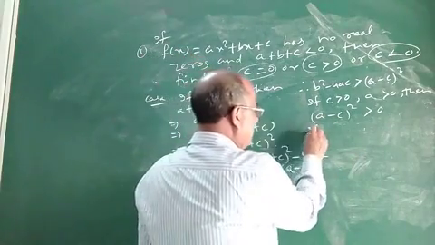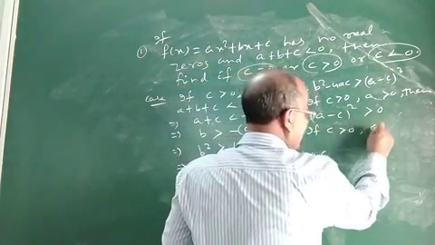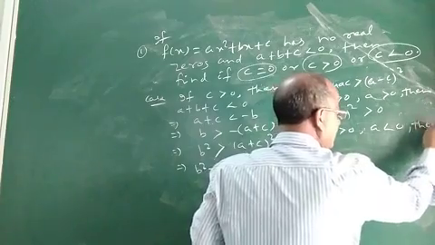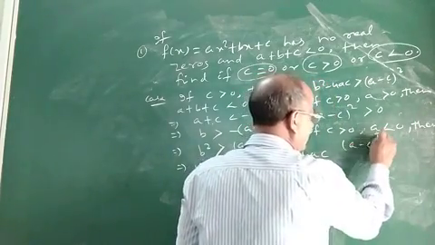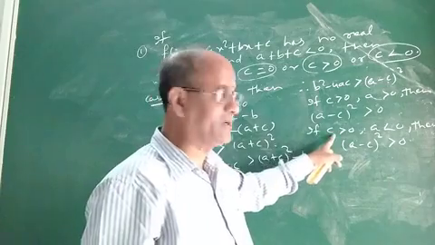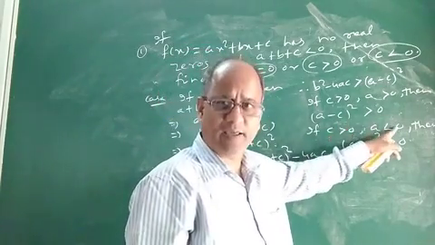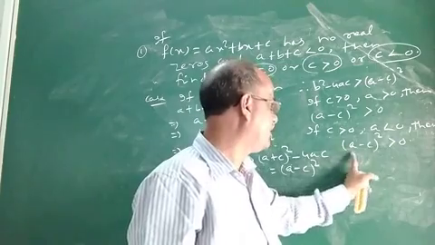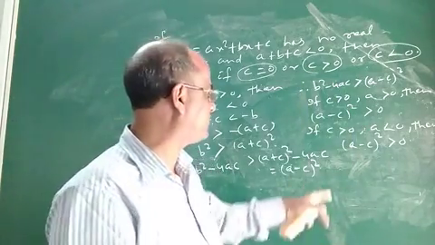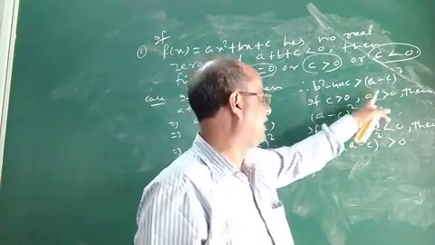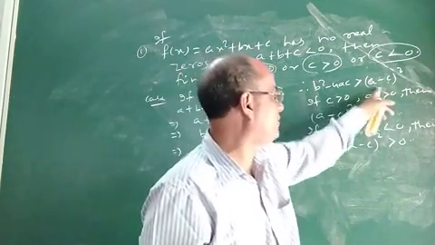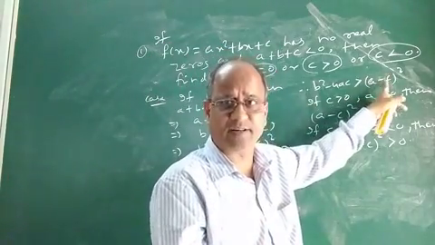Similarly, if c greater than 0 and a less than 0, means c is positive but a is negative, then also you will find that a minus c whole square will be positive, means greater than 0. By giving a positive value to c and a negative value to a, you can easily prove that a minus c whole square will be greater than 0. So what is the conclusion? If c greater than 0 and a greater than 0 or a less than 0, in all the cases this term a minus c square is coming positive, means it is greater than 0.